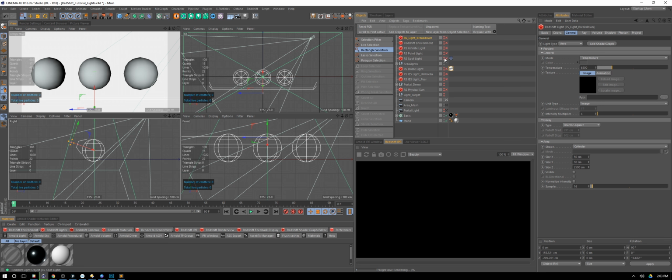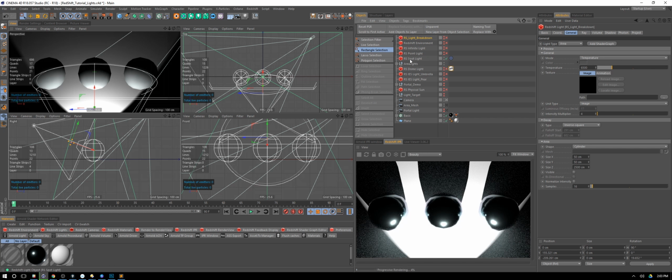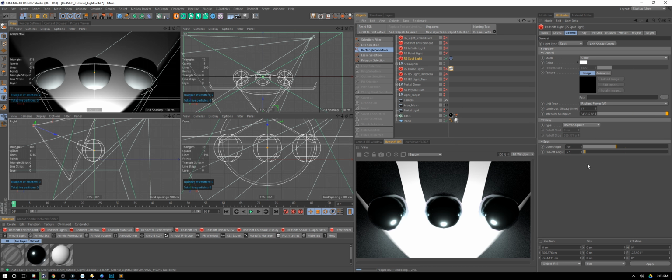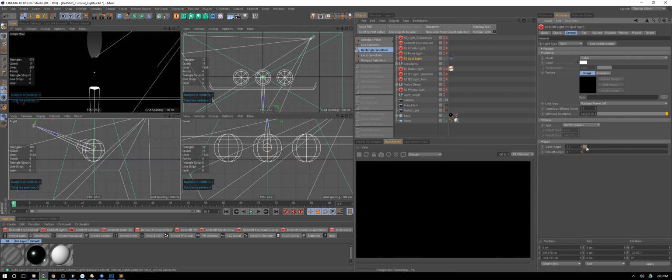So uncheck those, and now we can start to talk about our spotlights. So I love using spotlights. They give a lot of cool theatrical lighting, hence the term spotlight, like a spotlight in a theater. So cinematic results. And to show you how spotlights work, if you've never used one, you've got the cone angle